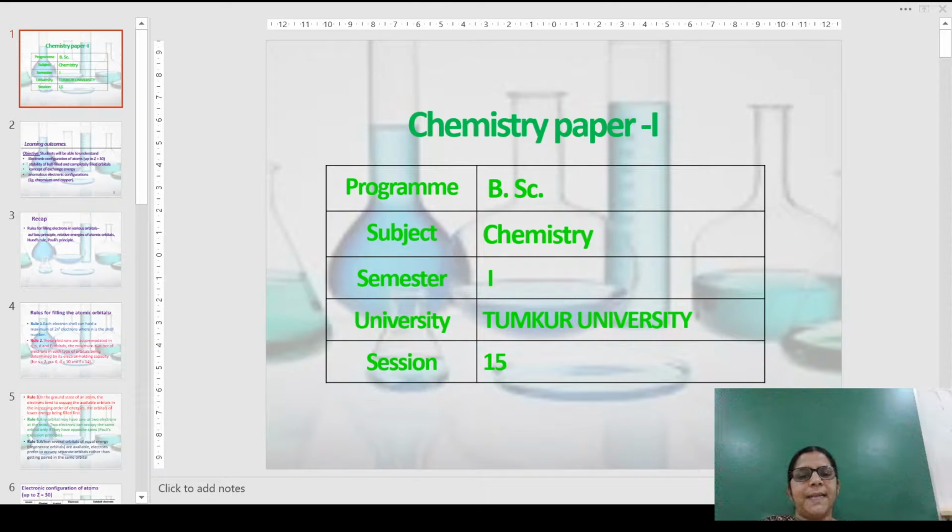Rule 2. These electrons which we are filling can be accommodated in different orbitals such as s, p, d and f orbitals. The maximum number of electrons in each type of orbital is determined by its electron holding capacity. For example, s orbitals can take up only 2 electrons, and p can take up 6 electrons, because there are 3 orbitals: px, py and pz, with spin pairing when the spin is in the opposite direction. Similarly, d can take up 10 and f can take up 14 electrons.